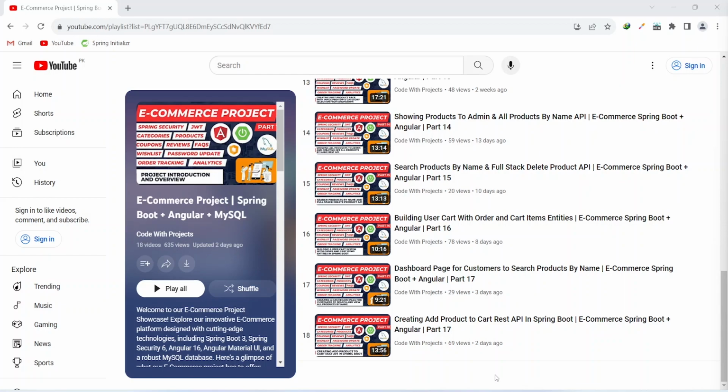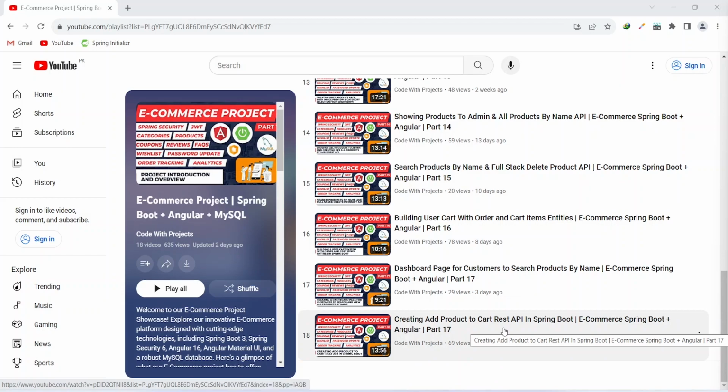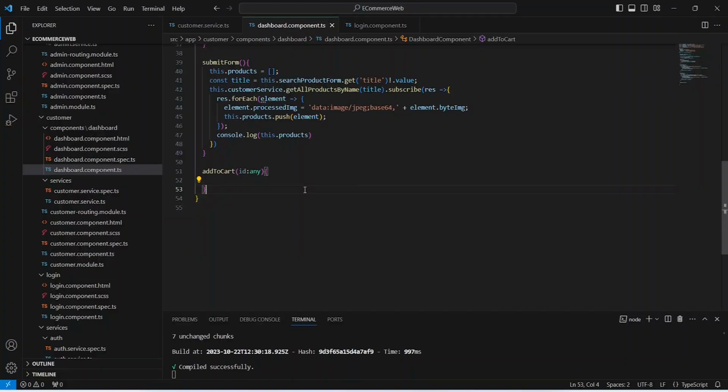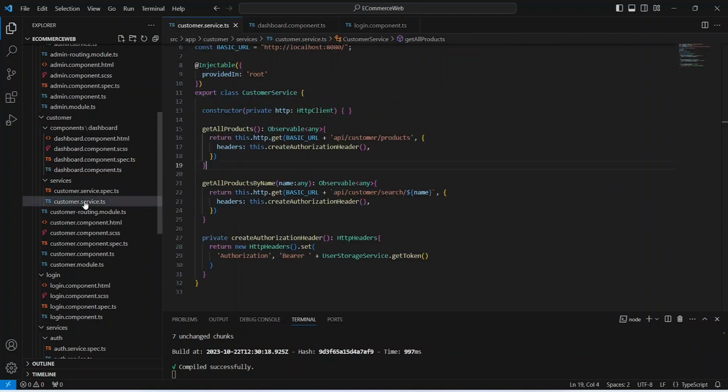In the previous video, we created the API to add product in the cart. And in today's video, we will call this API from our Angular application. And we will create another API in our Spring Boot application to get the user's cart. So let's get started. So to call the API, let's go to the customer service, and here we can copy this method